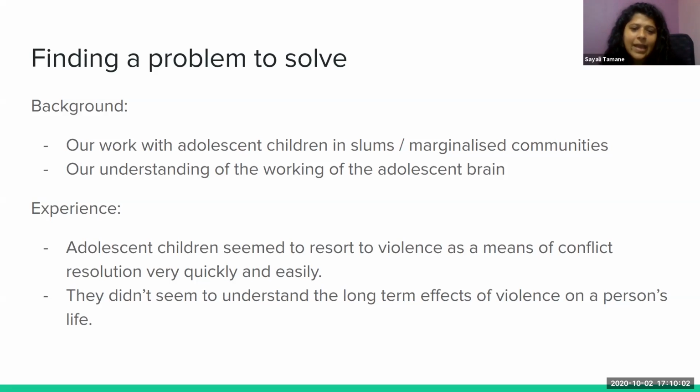So we understood that there's this part called the neocortex in the brain, which is still developing in the adolescent stage, and the capability for self-regulation is still developing. The other thing is that they take risks very frequently. I mean, if I were to rate a certain risk to be 10, they would rate it to be 2. So they do not really gauge the amount of risk involved in any activity, and immediate pleasures appeal more to them than long-term disadvantages.